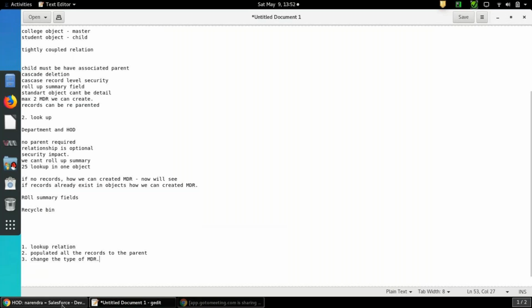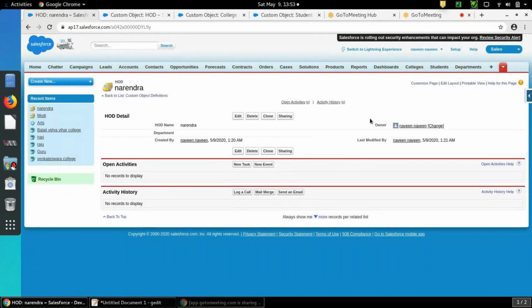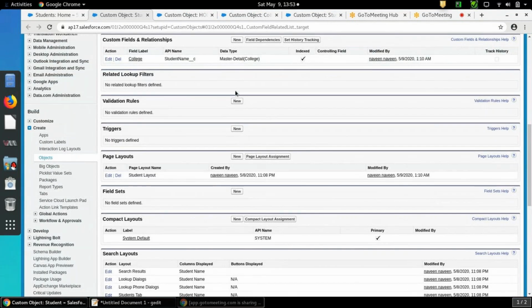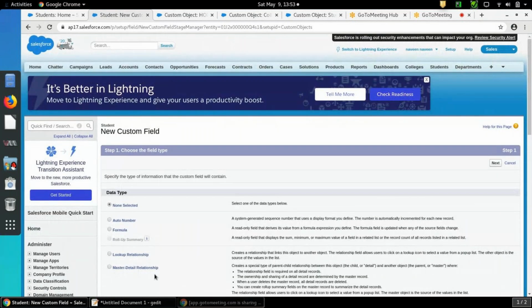Okay, now I will take student and department as in this example. So department will be the master and student will be the child detail object. So I will go to the student object, open the fields. I want to create a new master detail relationship now. Create new master detail.